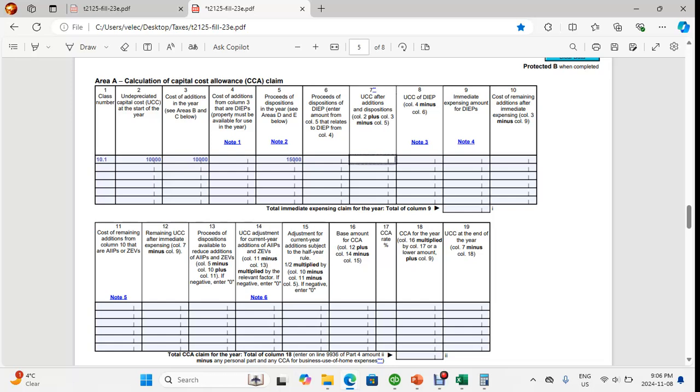This is column 7. This will be $5,000, and this is based on the half-year rule. If you're not quite sure what the half-year rule is, you may refer to your T4002. Now apart from that,